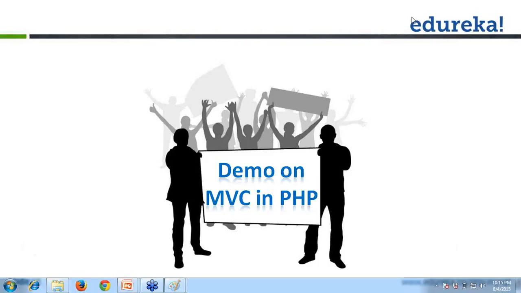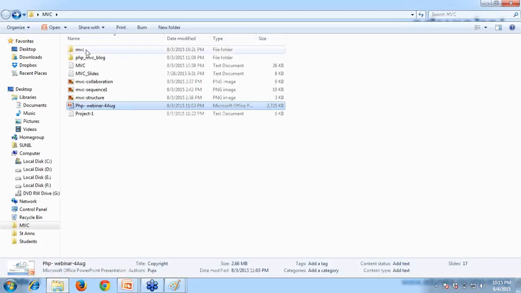I'll try to demonstrate now with a very simple example, a simple PHP program. If you are aware of PHP, you can understand that. I've got many applications, but I'll take a simple one. What I'm using is a web server, XAMPP.